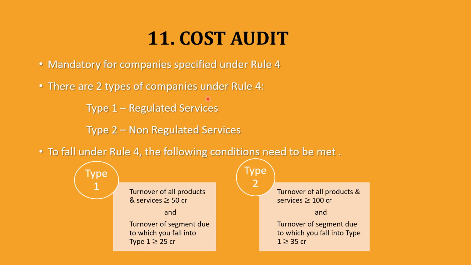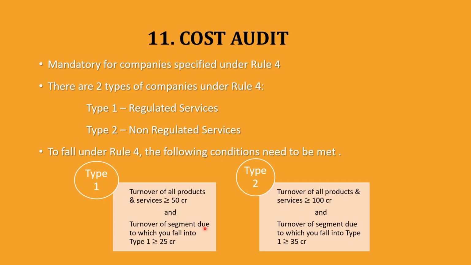Now there are two types of companies under Rule 4. Type 1 is the regulated services and type 2 is the non-regulated services. Now which all companies will be falling under Rule 4? You have to meet the following conditions. Type 1, what are the conditions? The turnover of all the products and services of that particular company should be more than or equal to 50 crore. The turnover has to be greater than or equal to 50 crore, and